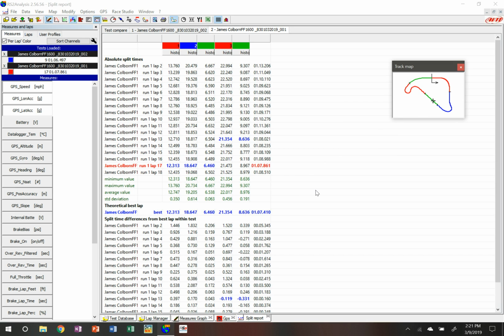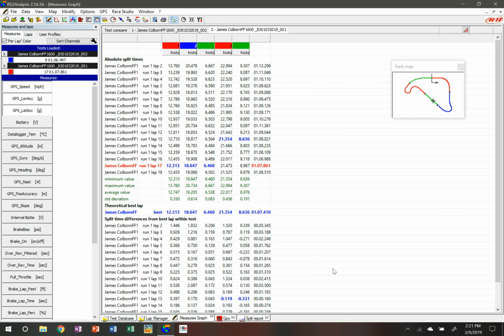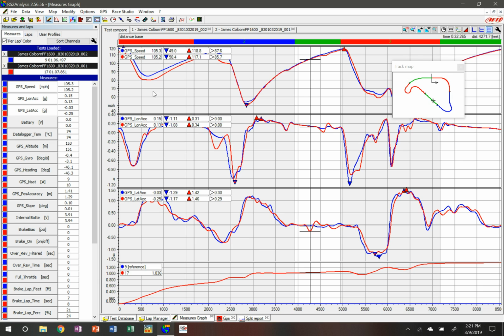But having just watched a video from one of my fellow AiM enthusiasts, Matt Romanowski in the US, I wanted to be able to investigate more about the track report because it's a really good way of showing data in a different visual fashion. So one of the things that I worked on through the weekend, or actually just the